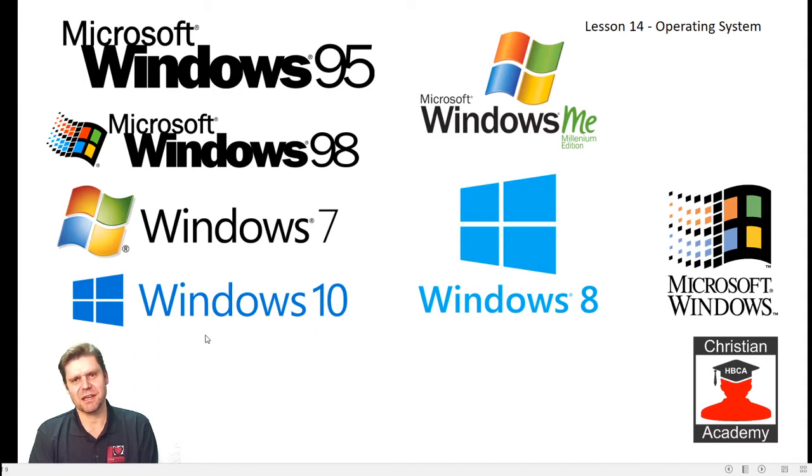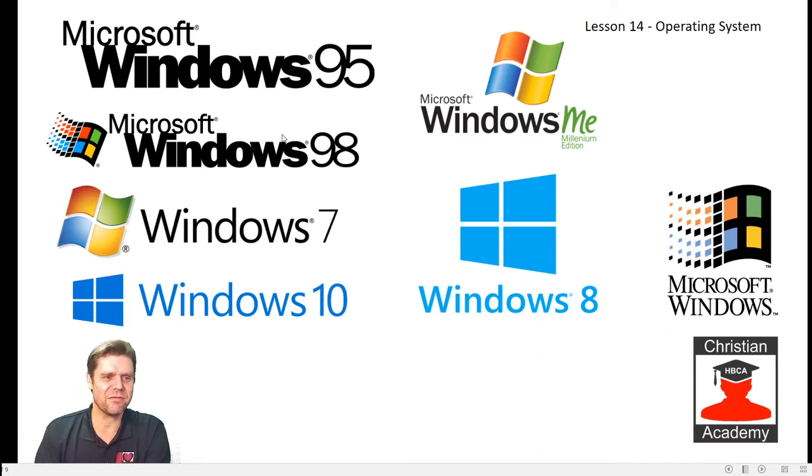And I've just shown you some of the Windows icons there, starting off with Windows 3.1 here at the bottom, which was just after MS-DOS. Now, MS-DOS is not a GUI, a graphic user interface. It was something that you typed in the command line. We'll talk about that a bit later. And Windows 3.1 was a DOS shell operating system, so it actually ran on DOS, but they built a shell on top of it, so it wasn't the total GUI, but it did have some icons.